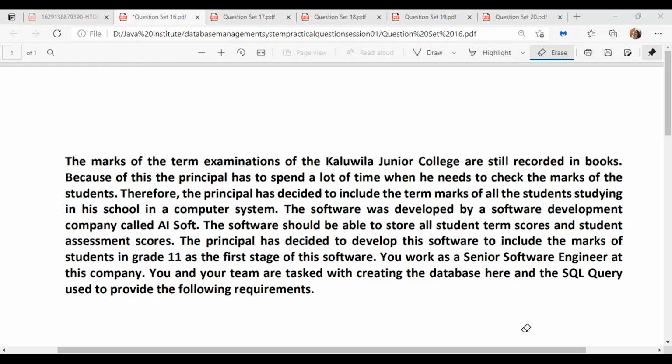So the software should be able to store all students' term scores and student assessment scores. The principal has decided to develop this software to include the marks of the students in grade 11 as the first stage of this software, and you work as a senior software engineer at this company. You and your team are tasked with creating the database here and the SQL query used to provide the following